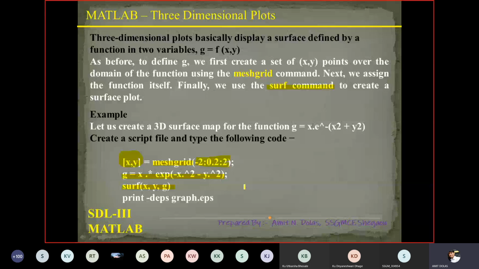Performing a practical is very easy if you have the code: copy and paste into the window, run it and get the output. But understanding each and every syntax and command is very important, because if somebody asks you to write fresh code for a certain task, then you should know all the required syntaxes available in MATLAB. Otherwise, in the practical you will get the desired output, but you will not be able to understand the code.